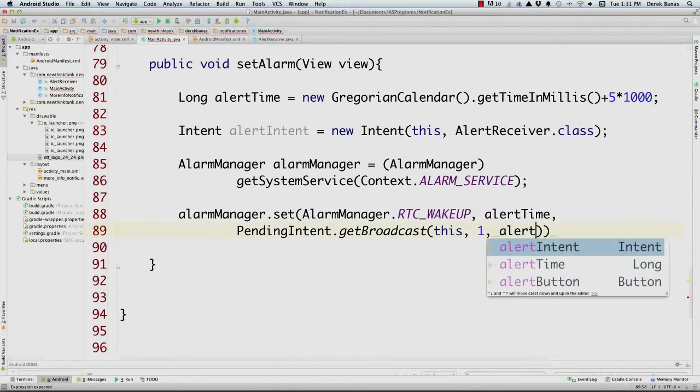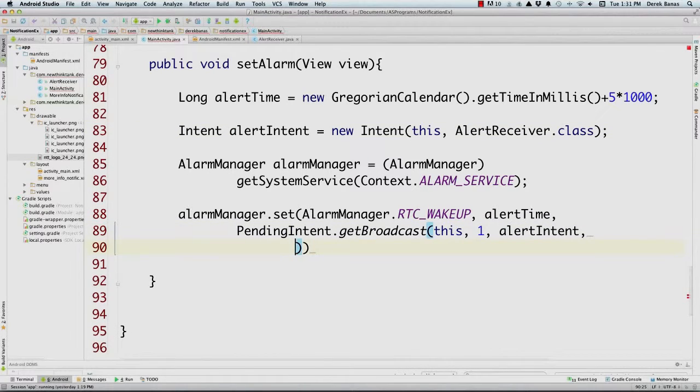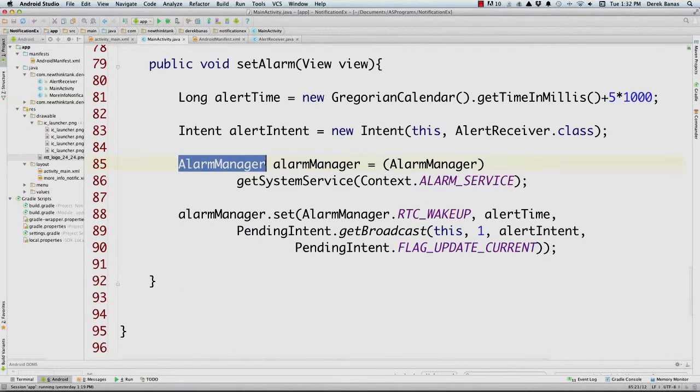Finally we're going to put flag update current, and that's going to update the intent just like previously if it is active rather than trying to restart it again. So rather than restarting it, it's just going to update it. And there you go, guys. That is how we're going to use the notification manager as well as the alarm manager.